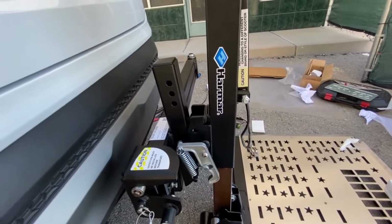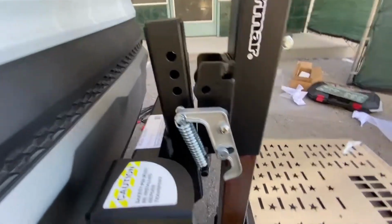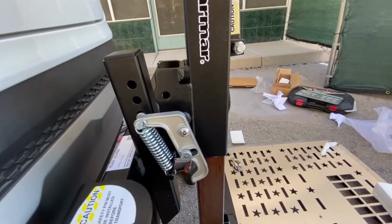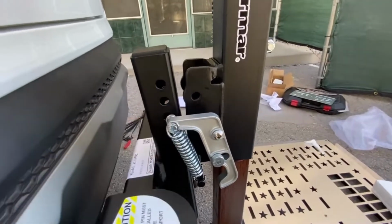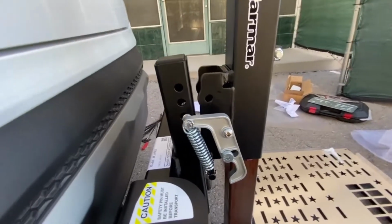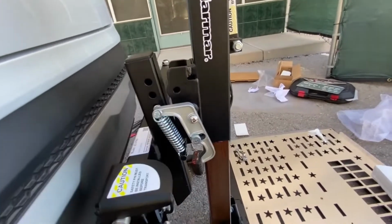And this way you know the lift will reach the ground. So you get it pretty much level where you want it to be. I'll put it into this first hole, you maybe reach the second. Yeah, I'll put it up a bit higher. Usually that's the middle hole I go for, unless it's a higher vehicle that I'll go for the bottom one. And basically just slide the lift back and then insert your bolt and 2 washers into that hole, and